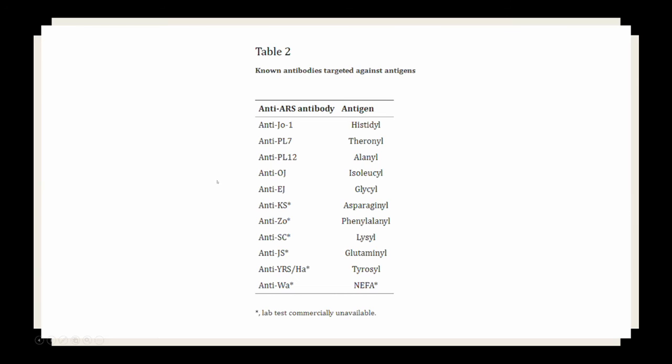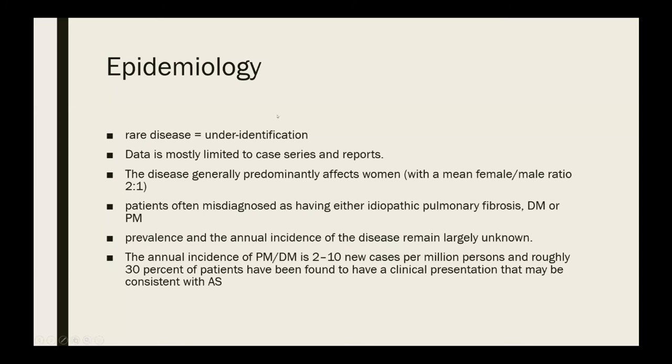So the whole concept of seronegative synthetase syndrome is something to keep in mind. There's 20 of these. We can only test for 5 to 8, depending on which lab you send it to. And so there's another 11 or 12 missing. So that's definitely something that's possible also. So this is a super rare disease.